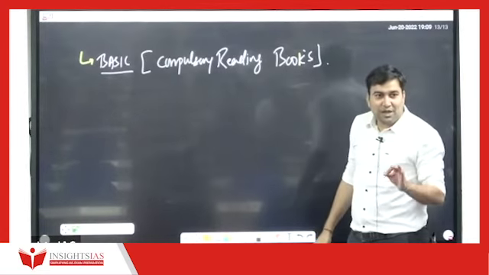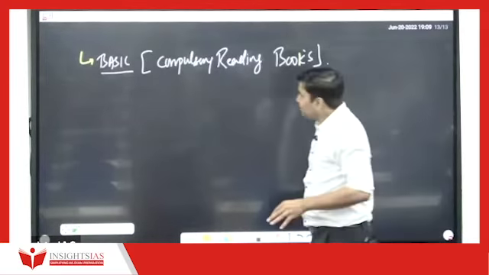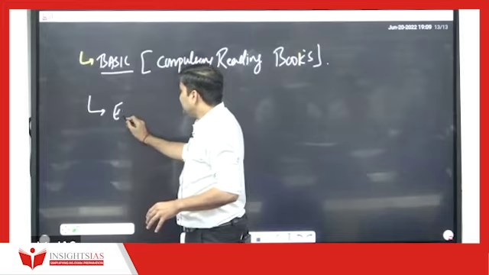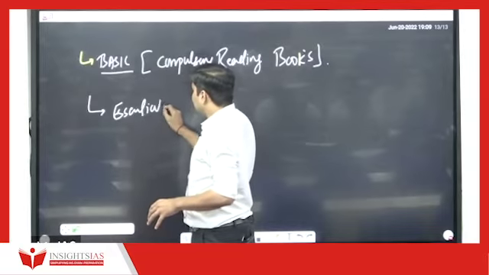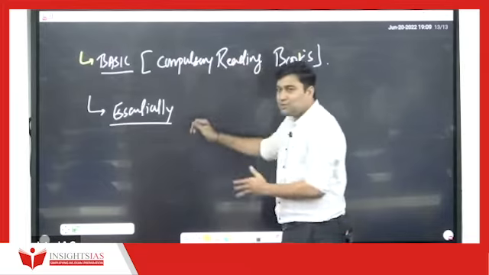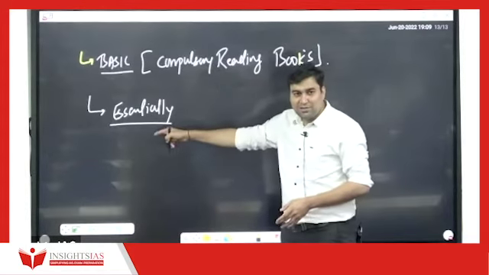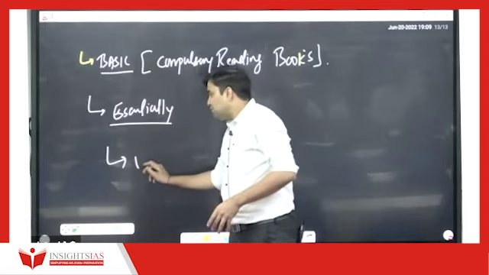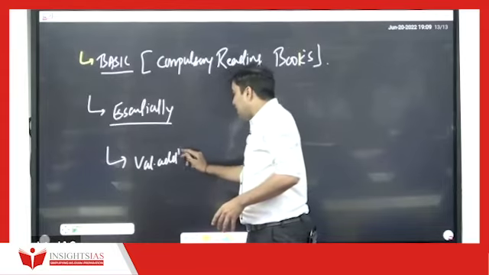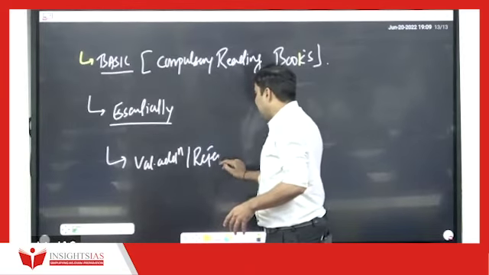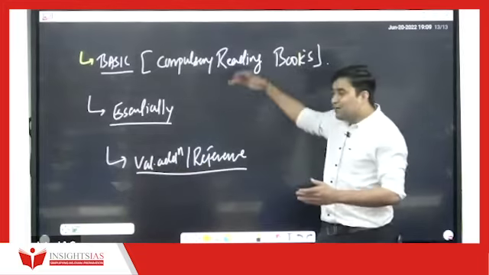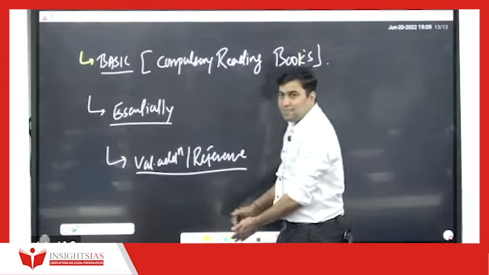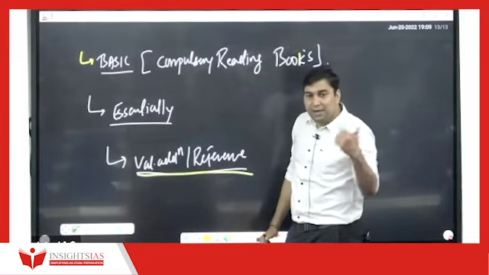Basic books and compulsory books are the same. The second type is essentially what I mean here: the difference between these two is that without the first you can't move ahead. That means both are necessary books, but the second is just for value addition and reference purposes. So this is how I clubbed it in 3 headings rather than 2. You can club both in one and this as the other. So let me tell you which are the basic books first.